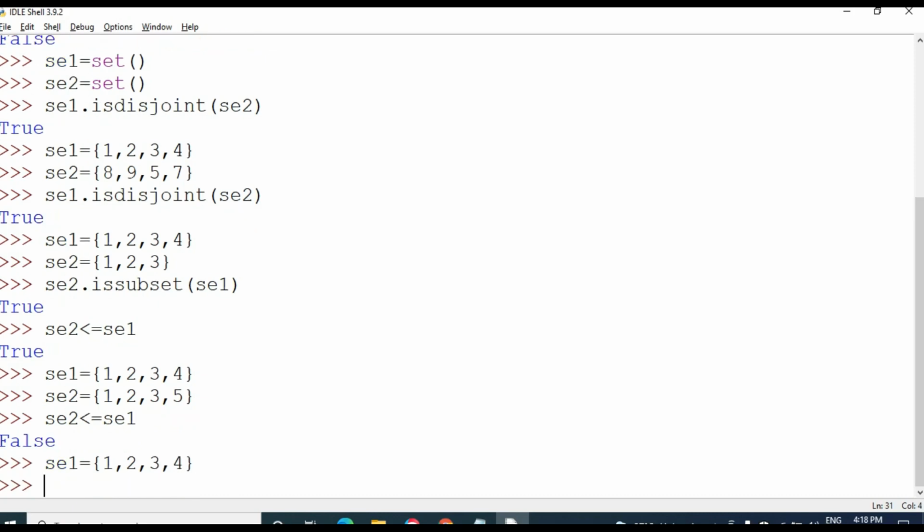If I take any other elements rather than these, the video will become lengthy. That's why I am taking simple integer numbers. To practice, you can take a combination of Boolean, string and integer values.